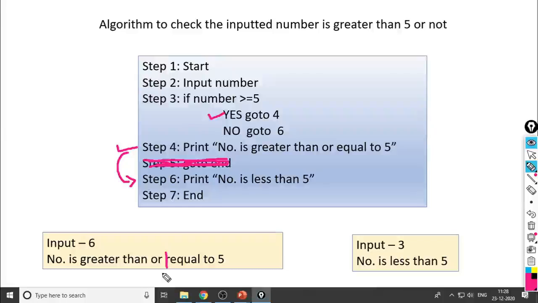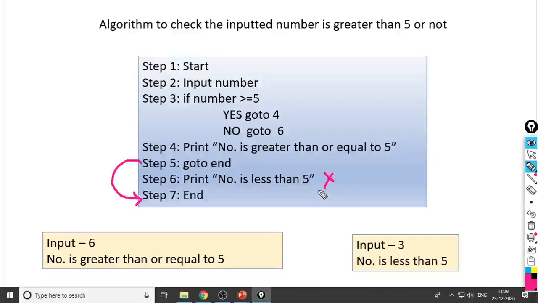That is because in an algorithm, statements are executed in sequential manner. That's why we included step number 5, go to end. If one condition is true, it will take control directly to the end of the algorithm and skip the rest.